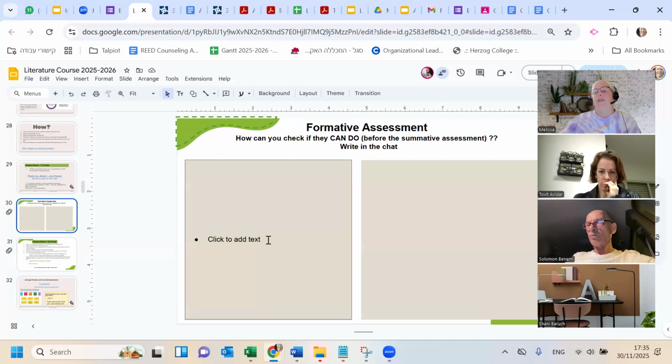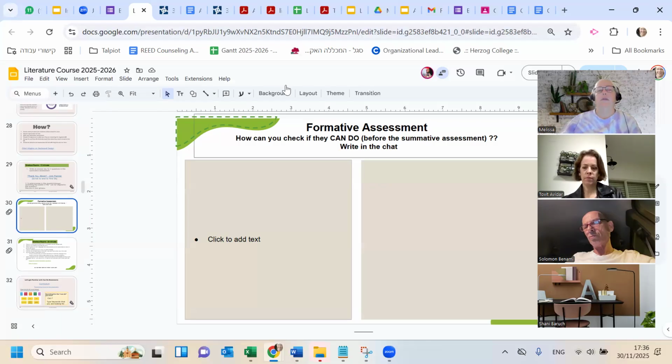before we get to the summative assessment, how do you stop and check during the unit what the student's understanding and capabilities are in regard to the can-dos? What do you use? Please write in the chat.